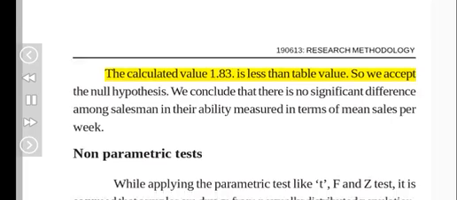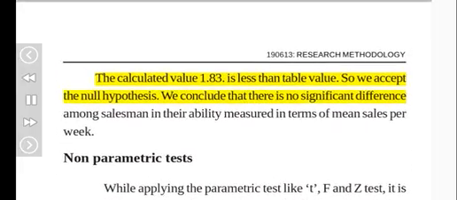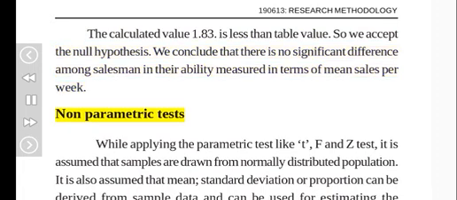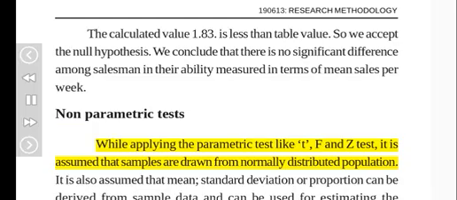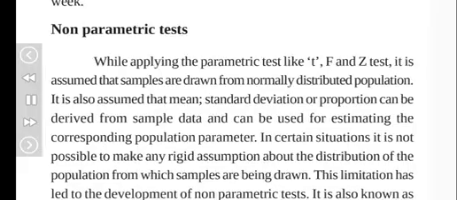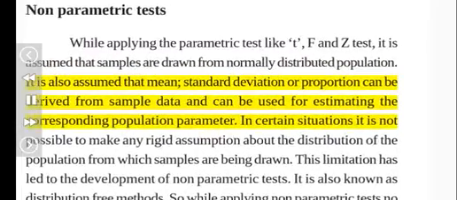The calculated value 1.83 is less than the table value, so we accept the null hypothesis. We conclude that there is no significant difference among salesmen in their ability measured in terms of mean sales per week. Non-parametric tests. While applying parametric tests like T, F and Z test, it is assumed that samples are drawn from a normally distributed population. It is also assumed that mean, standard deviation or proportion can be derived from sample data and can be used